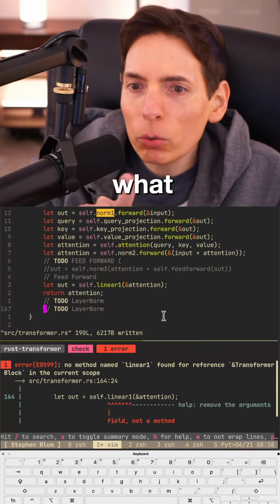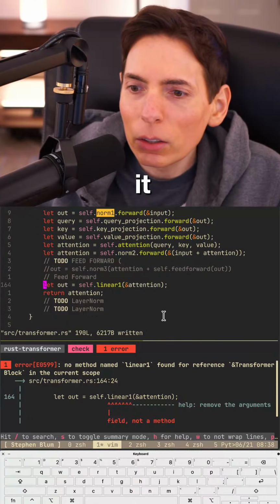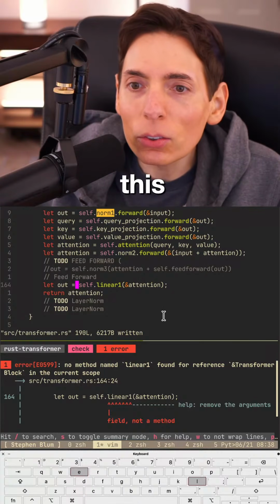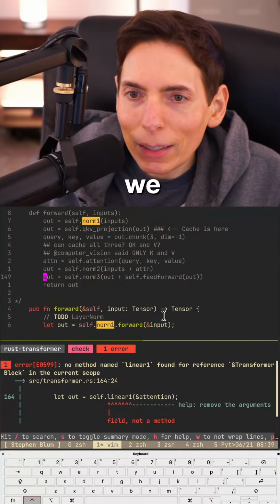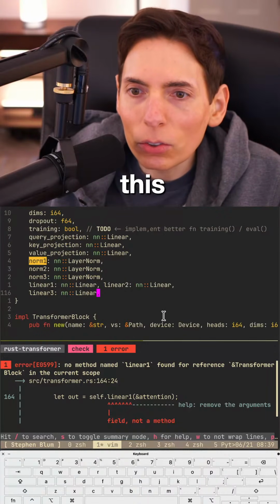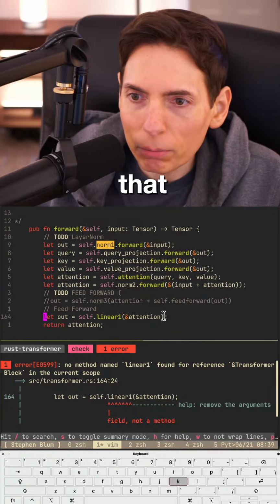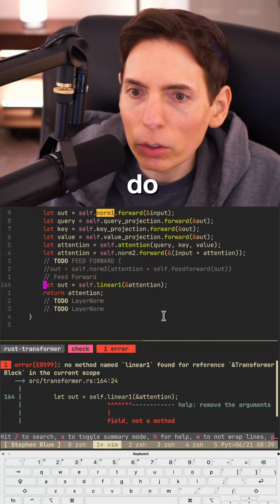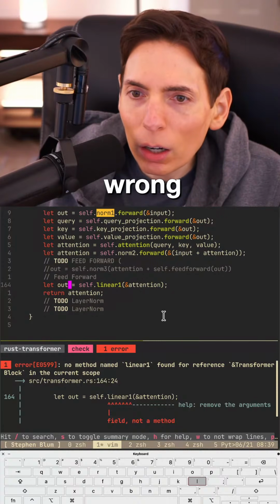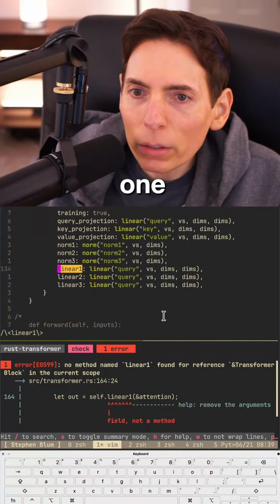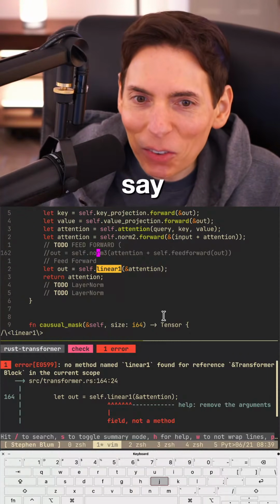All right, what were we doing here? Okay, so we wanted to do a linear output. Is that going to work? It didn't like that. Why? Linear one isn't this? This is our block. So we have a linear here, and we identified. Oh, did we put it? Yes, this is here too. Okay, so we have a linear 1, 2, and 3. We should be able to deal with that. I think that should be something that we should be able to do, right? Self.linear1 field. Did I spell it wrong? Linear 1, linear. No, it's right there. I spelled it properly. Why does it say it's wrong?